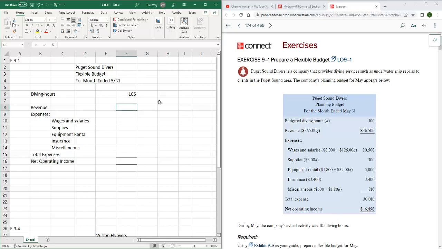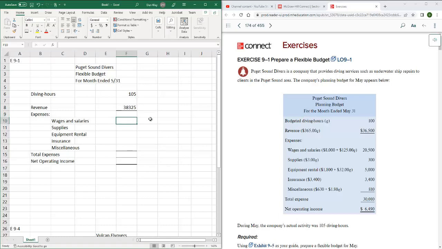Okay, so top line here is revenue. Again, the revenue formula was $365 per diving hour. So if we want to flex revenue to the actual level of activity, we'll take $365 per hour times the 105 actual hours that we dove. So there's our revenue at